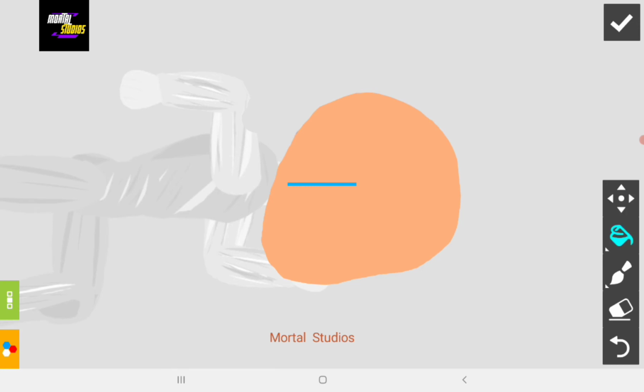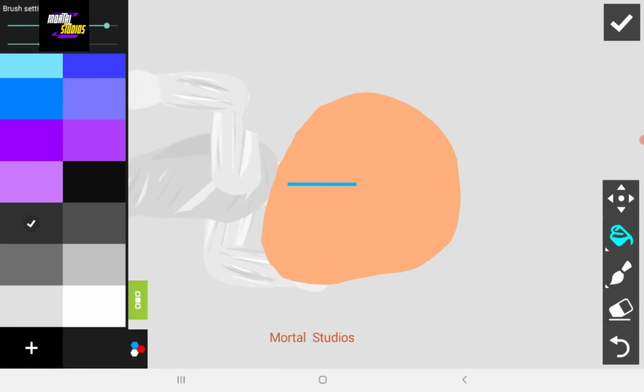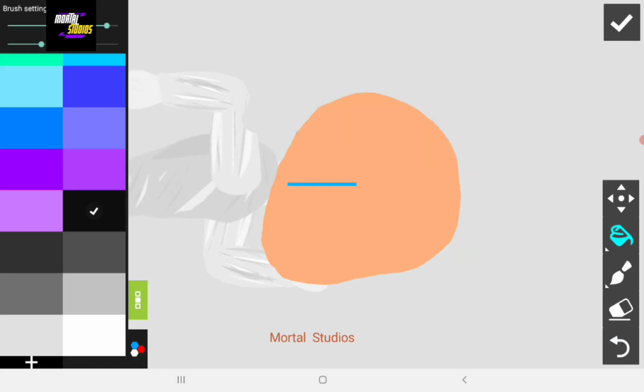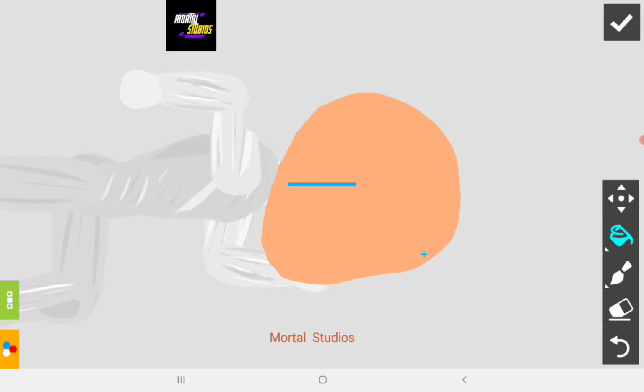Now we're going to make the hair. So here I'm going to give a black color hair, and the tutorial of making hair is click on this edge, make it like this. Okay, this is opacity low. We'll make it again, put the opacity higher, and then start here.